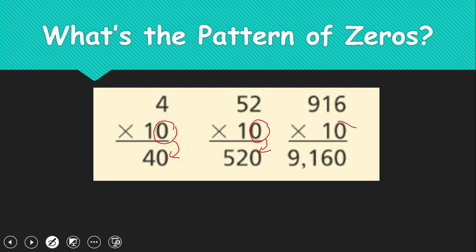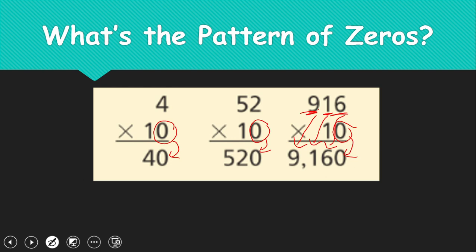Multiplying by ten provides us with an additional 0. And this just means that our 916 is being shifted to the left and basically moving the 9 in the hundreds place value to the thousands. The 1 in the tens place goes to the hundreds. The 6 in the ones place goes to the tens place,